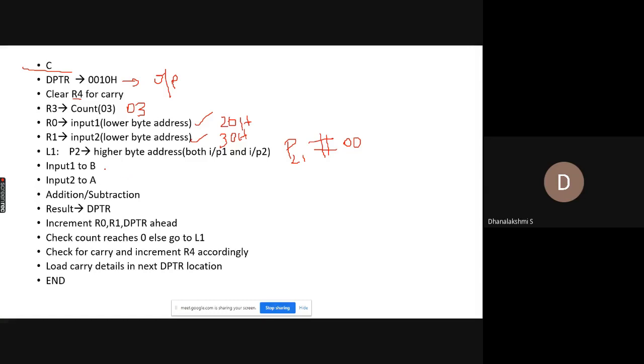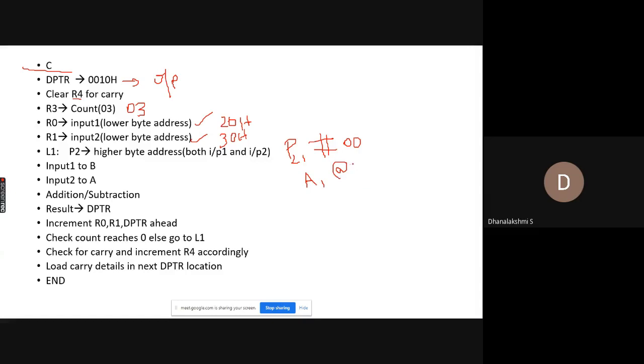Okay, so next, as I told you already, here you can fetch your data. The first data has to be fetched in order to perform addition, right? All the operations will start with the accumulator, so you have to move the contents of the memory location and post it in your accumulator.